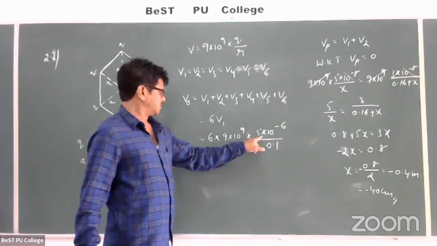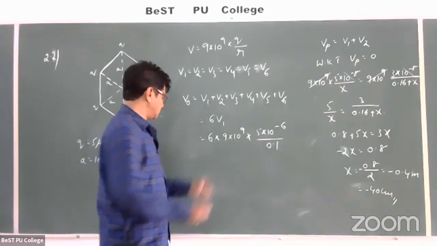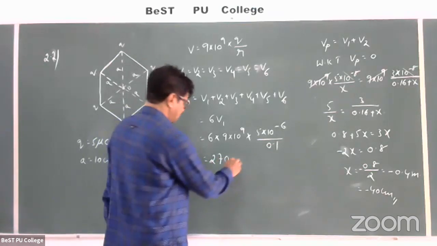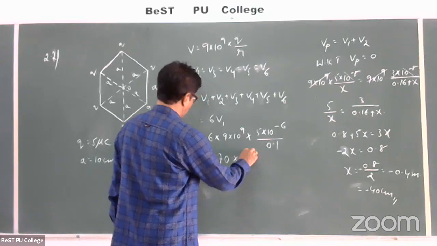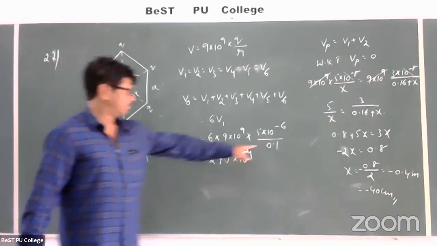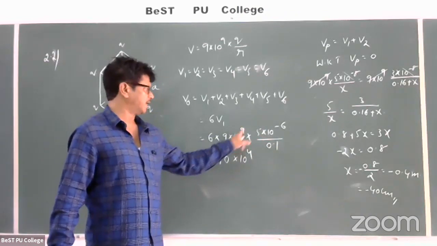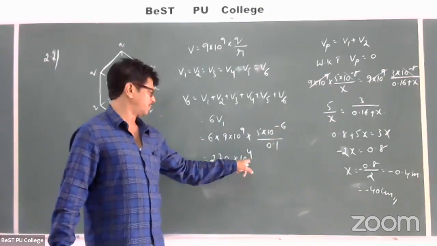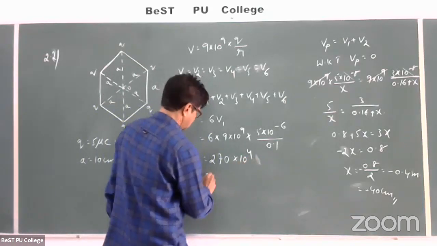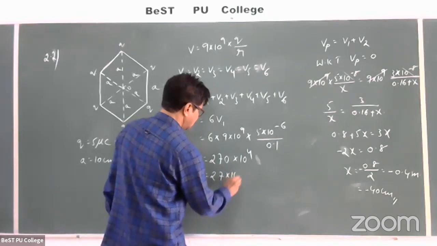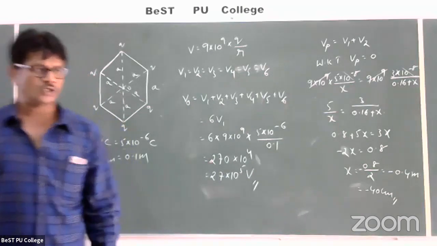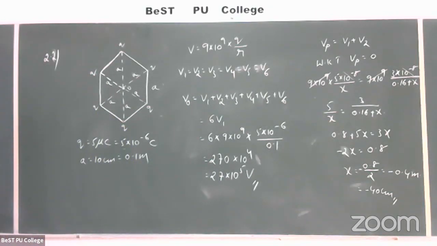So 5 6s are 30, 3 9s are 27, so 270 into 10 to the power of 4. If minus 1 goes, it will become 10 to the power of 10, minus 6, 10 to the power of plus 4. Otherwise, 27 into 10 to the power of 5 volt. So the total potential at O is equal to